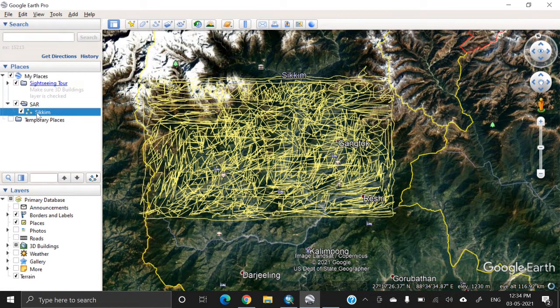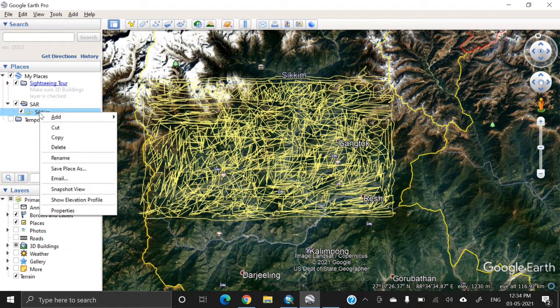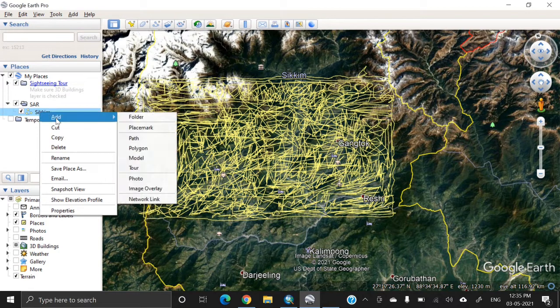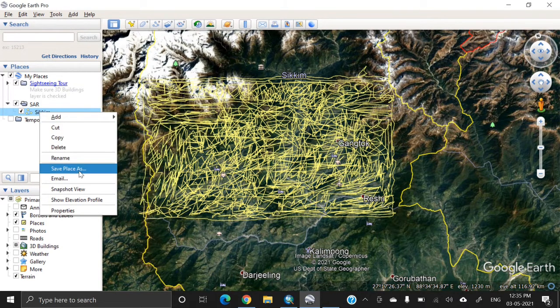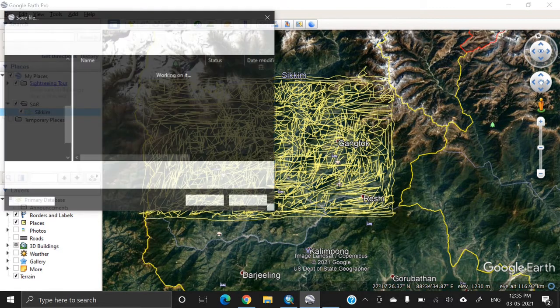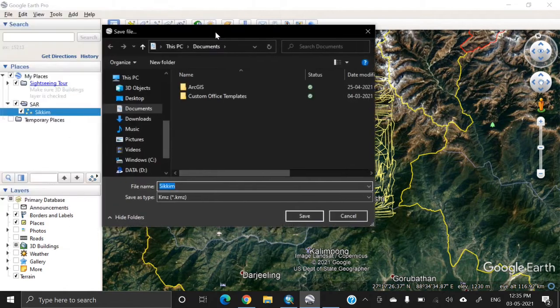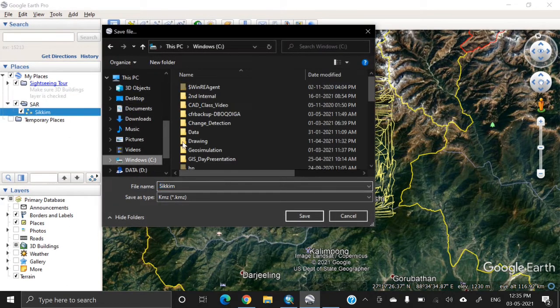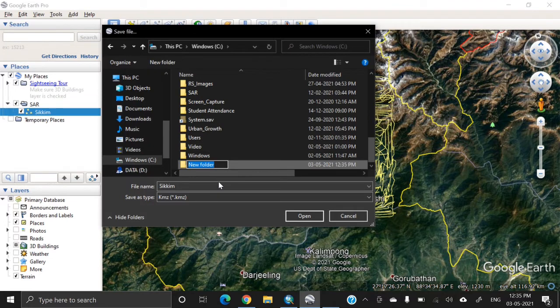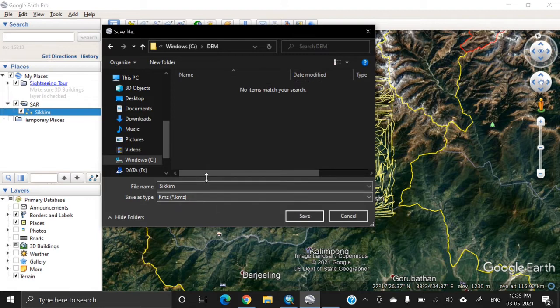Now on this file name, press the right mouse button on the path name and then click on save place as. Once you click on save place as, it will ask to select a folder. Let us create a folder called DEM, and then within this give the file name.